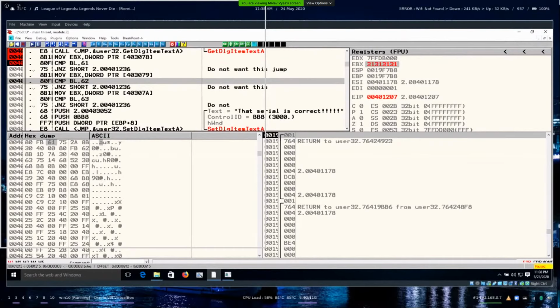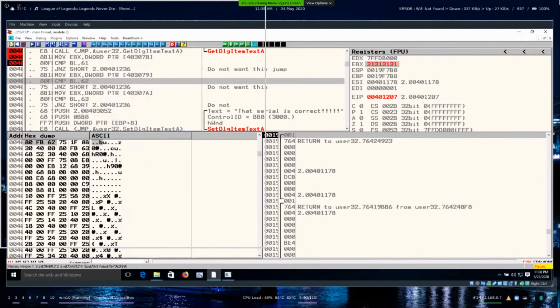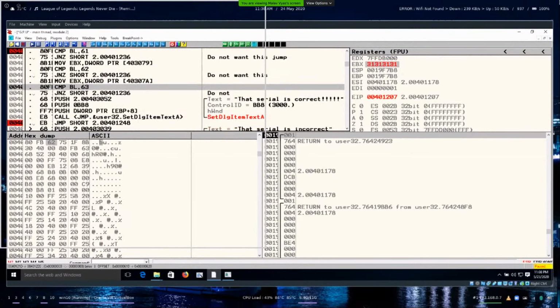In the same way, you can see that after the jump and operations, moving some portion of that to EBX again, it is going to compare BL with 62, which is B, same way C. So it is comparing our input serial with A, B, and C. If we want that, we can just exit this.